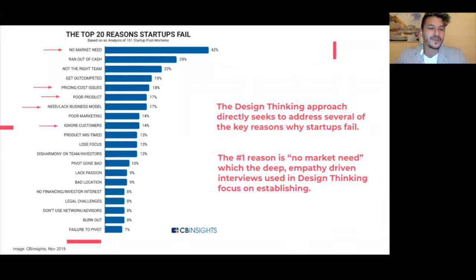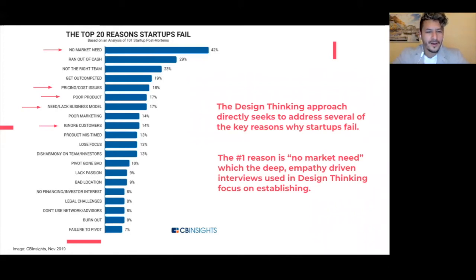Not having the right team, okay, having a competitor that takes the market share and doesn't leave anything for you. So there are a lot of problems, but design thinking tries to help with some of those, okay, specifically with the first one. So if you ever wonder why design thinking is important, just think about that. Design thinking will help me to mitigate the number one problem, not identifying a big enough market, or not having a big enough number of customers that will pay for my service.